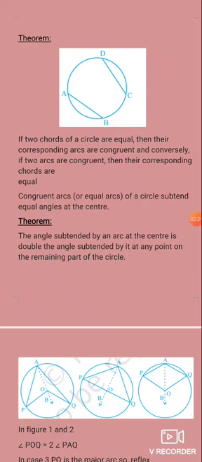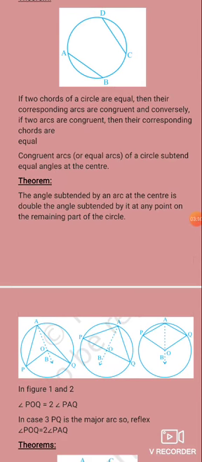Okay, same as the next one. So listen, in the first case, angle PAQ is below 90 degrees, so angle POQ is twice of angle PAQ. Next is the second figure. POQ is a straight angle, passing through the center, which means PQ is the diameter. So we know the angle in a semicircle is 90 degrees. So angle PAQ is 90 degrees, and twice of that, POQ, is 180 degrees. That is the straight angle.